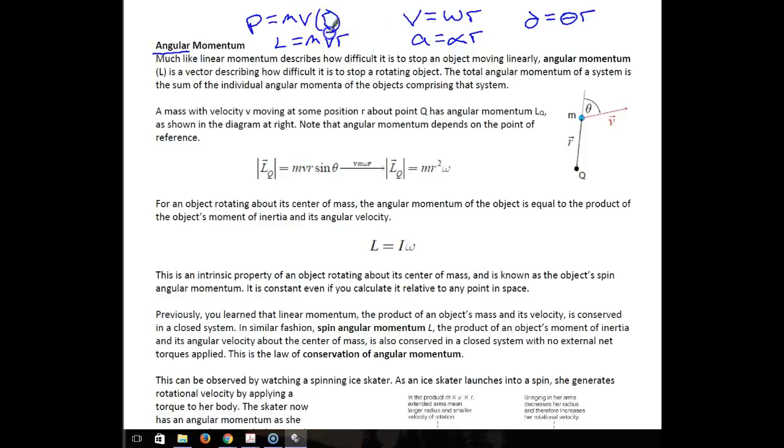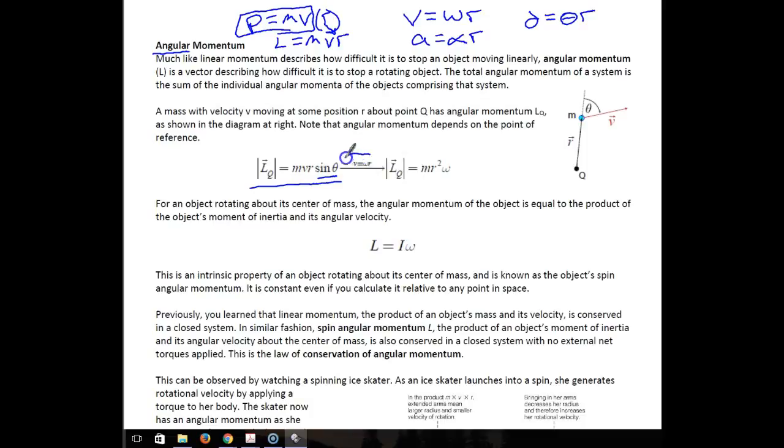So this R that I plug in and put right here is my angular momentum. So you'll see the equation down on the bottom. The only thing that we need to add is sometimes there's an angle associated with it. So you'll see this angle goes from the radius past the object, and then the angle comes back to the direction of the velocity. So that's where the angle comes from,